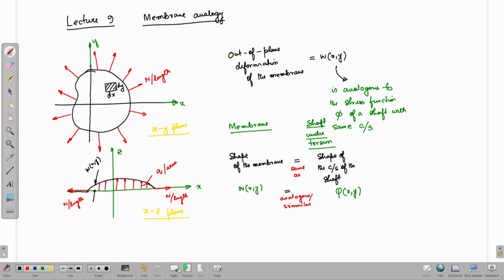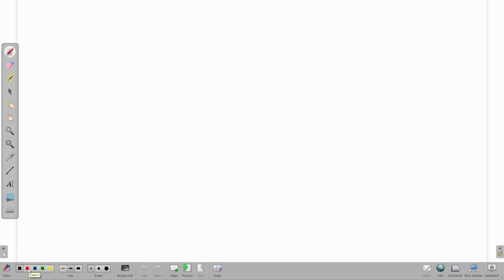Now, what I want to do is that I see the force equilibrium of the elemental area. Okay. So, if I draw the free body diagram of the elemental area,